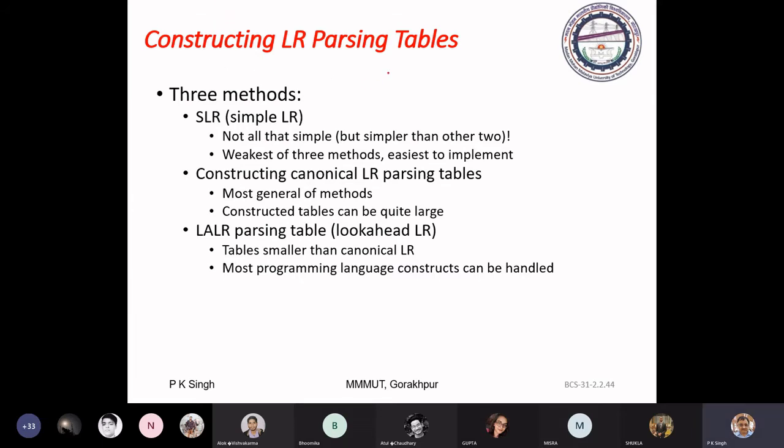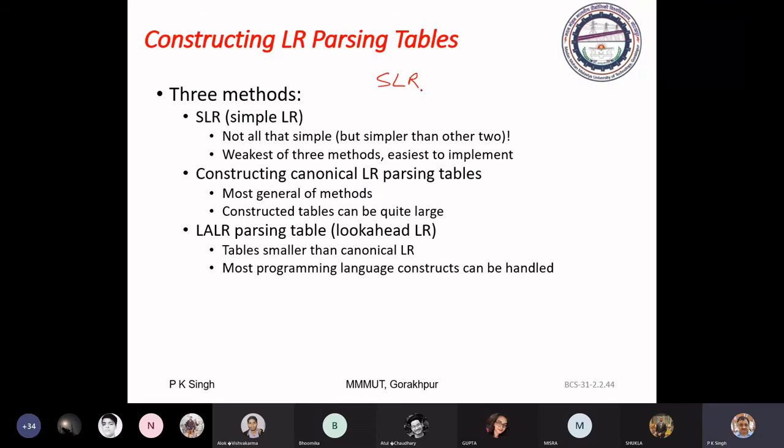One is SLR, that is simple LR. It is a simple table, but weaker. This table is not able to resolve all types of ambiguity.